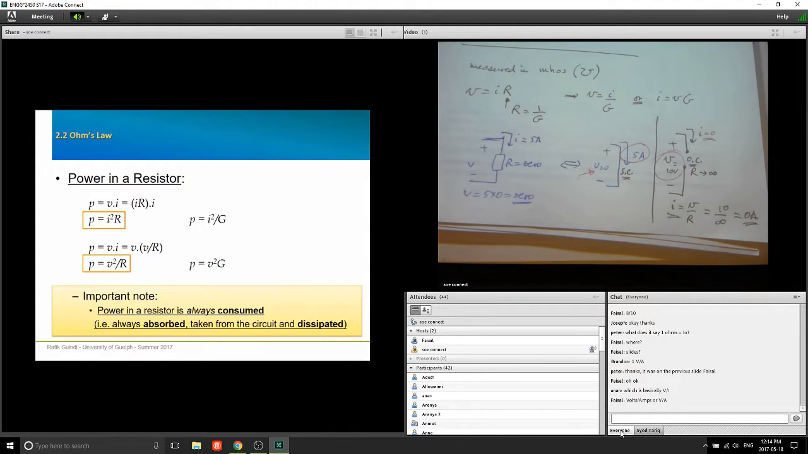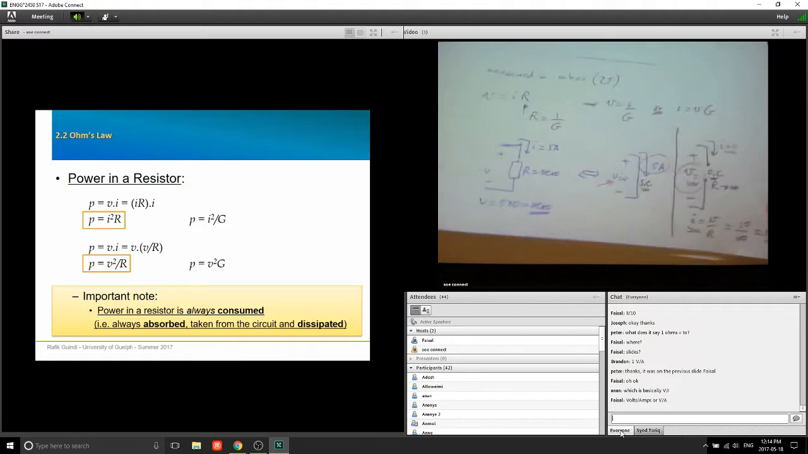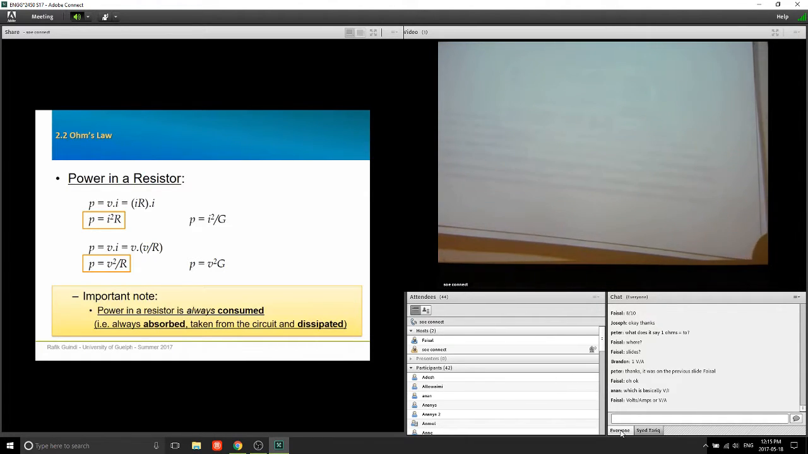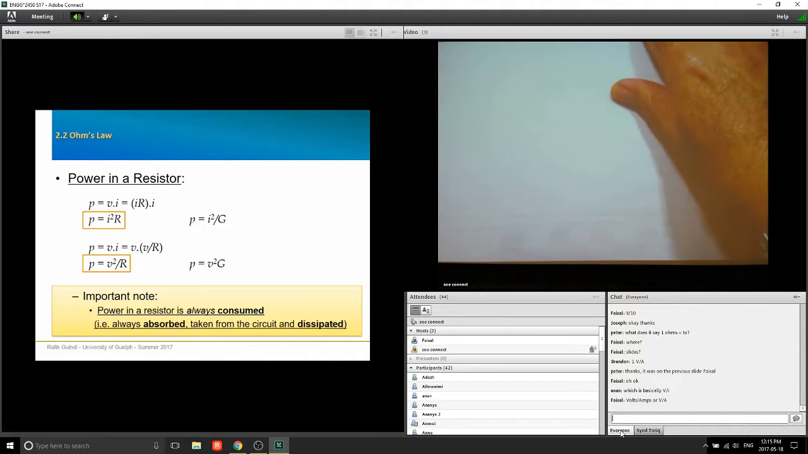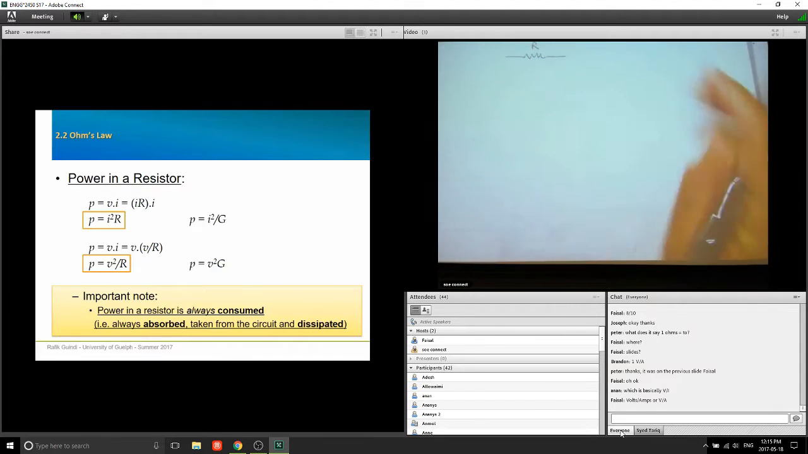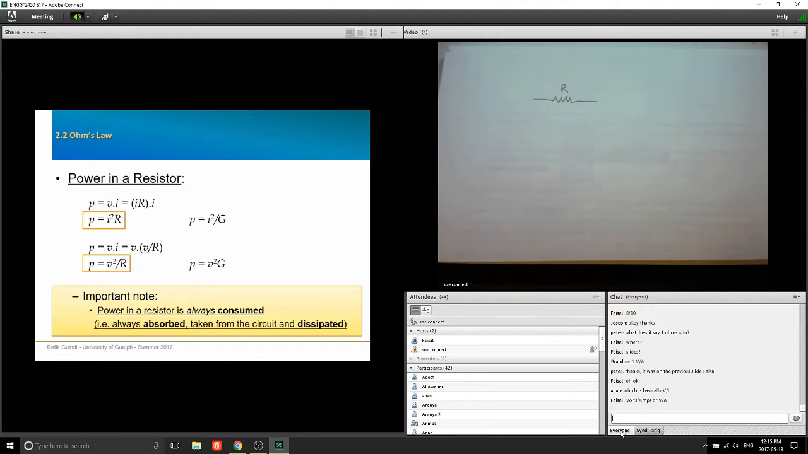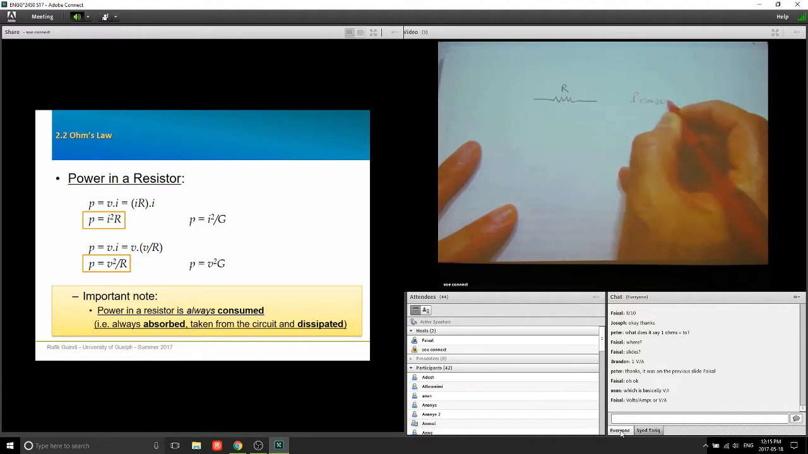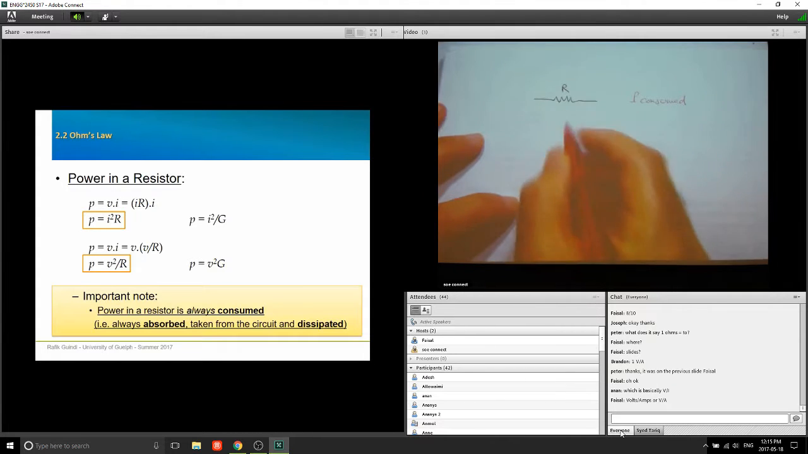Okay? Again, and I'm going to put that here to be clear on that. If I have a resistance R, because we know from these formulas that power is equal to I squared R, or V squared over R, it's going to always end up being power consumed. It tells us that